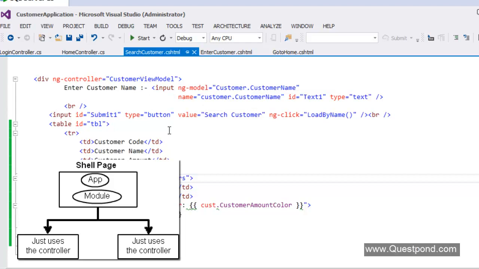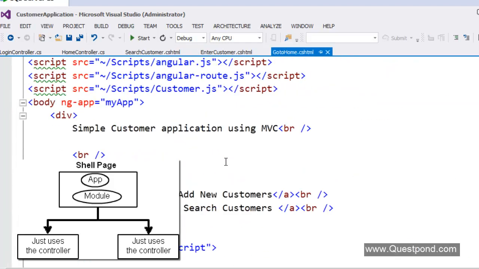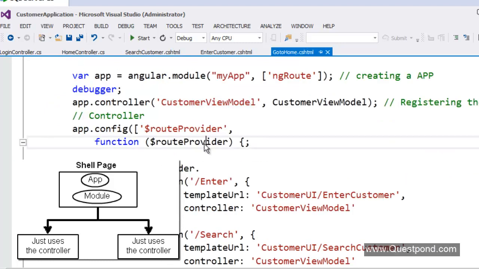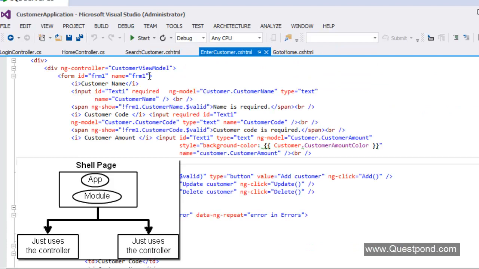Angular and HTML. Nice. So if you see, our main shell page is now this: this shell page actually creates the app. This shell page creates the view model. This shell page defines the routing, and later on the child pages or the contained pages, that is enter customer or search customer, they just use the controller that is provided and start doing the work on the UI, right?